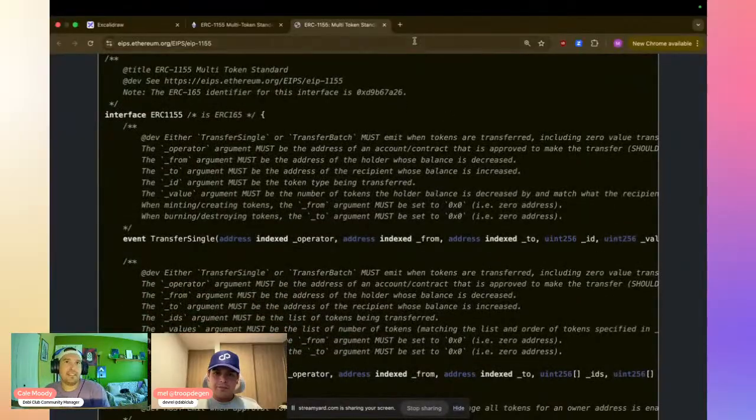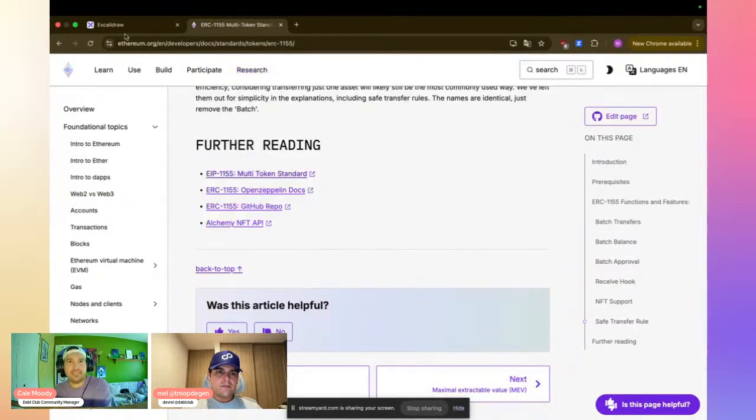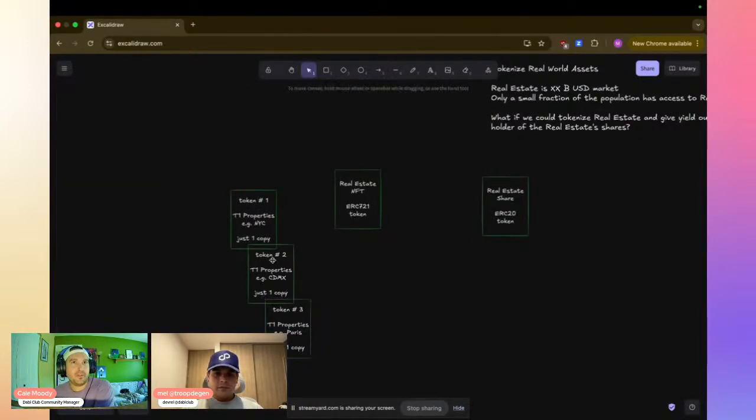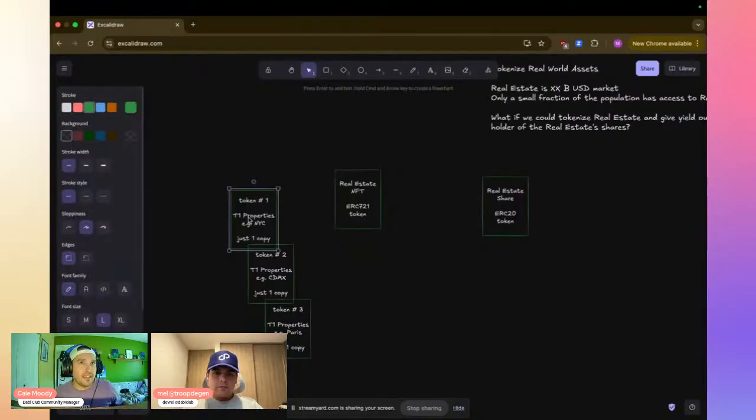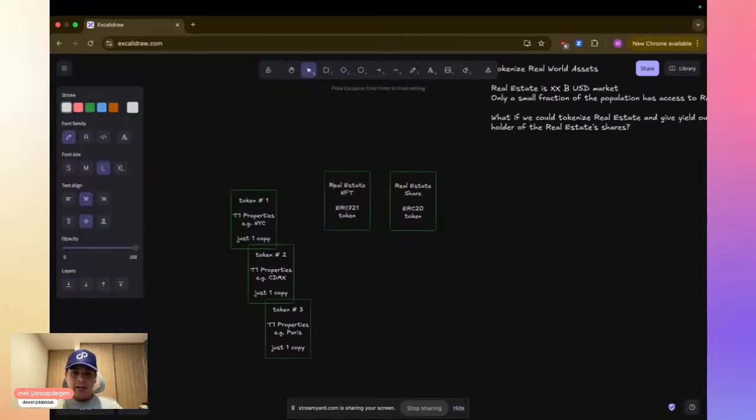Sounds right to me. Yeah, 1155s are like POAPs, right? Where everybody gets the exact same carbon copy of the asset, it's just numerically different for the ID. Whereas with the 721, the collection could be Mel's homes, but Unit 1, Unit 2, Unit 3 can all have their own unique properties, even though they're all part of the same collection of Mel's homes. Exactly. So that's why we are doing 721s, because we need each token to have very specific properties. However, we will also create some custom functionality.